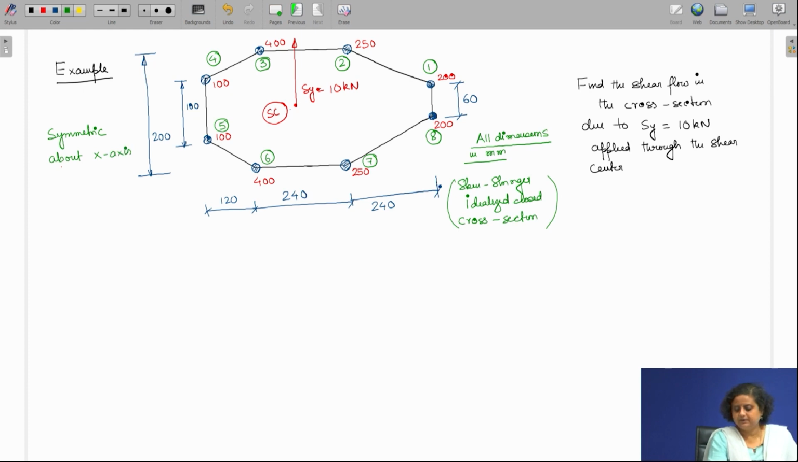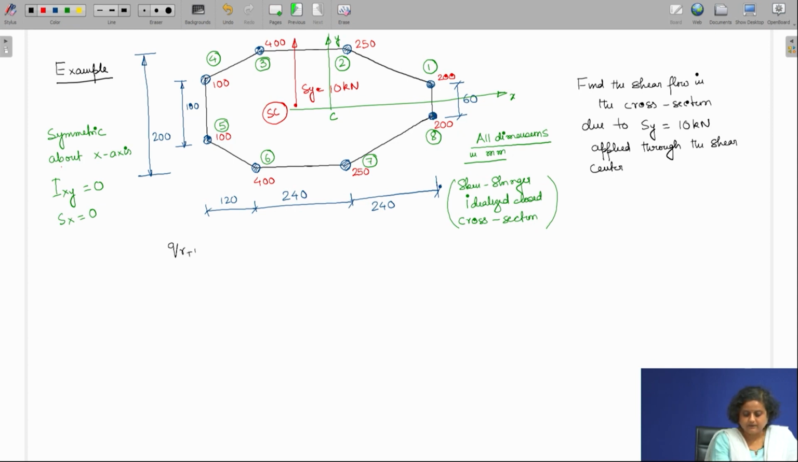So, let this be the x axis and somewhere here is the y axis. So, this is the centroid. So this is symmetric about the x-axis. So Ixy is going to be equal to 0, and since only Sy is being applied, Sx is also equal to 0. So if we implement these conditions into the equation to find out the shear flow, we can simplify this as